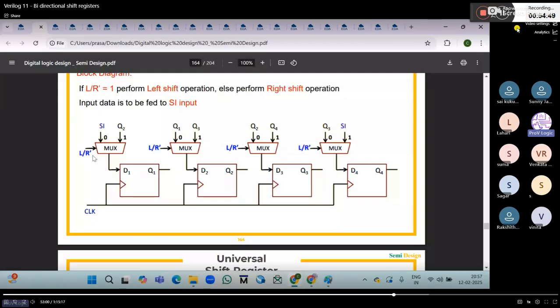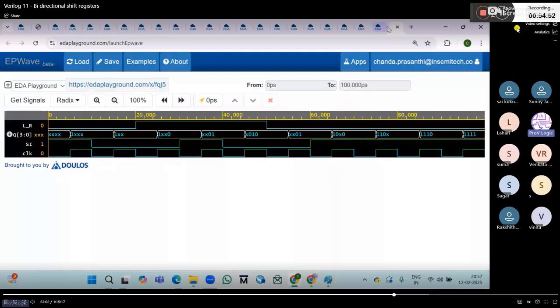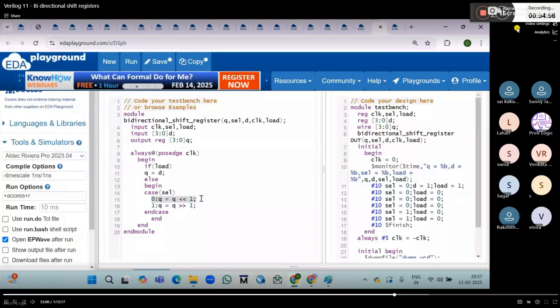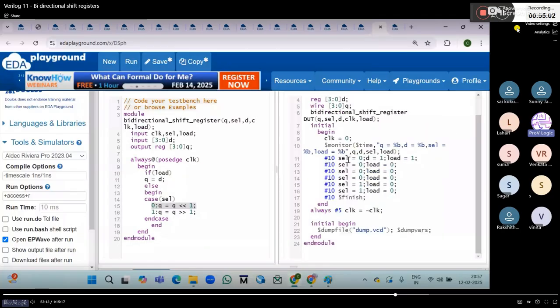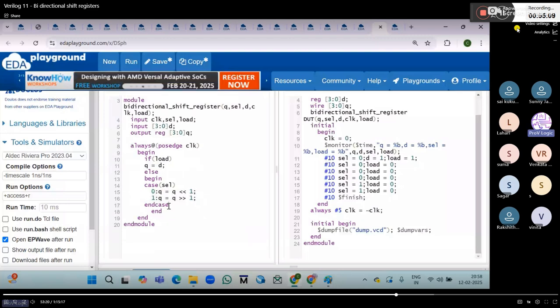So same here. If select is 0, left here. Select equal to 0, load equal to 0. Okay, it depends on your design. You can also put, if select is equal to 0, then left or right. You can just simply put right also here. And if select equal to 1, left. Okay, so if we write the program and do the run,